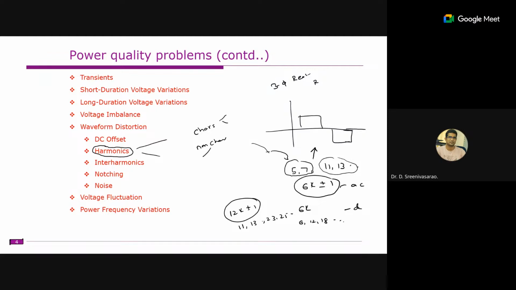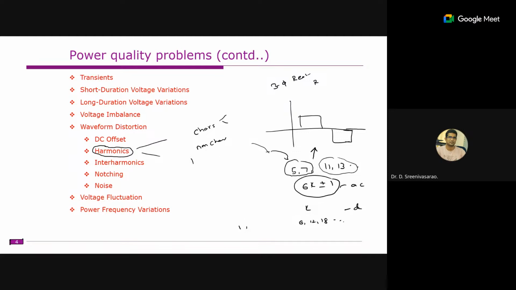Whereas with non-characteristic harmonics, we cannot predict them, as they are generated randomly. For example, if you are using a PWM output voltage waveform, some harmonics are characteristic and some are non-characteristic. We cannot predict the exact spectrum. For example, whether a 20th order harmonic is present or not, we cannot predict. That all depends on what control you are using or what current is flowing. So these are known as the non-characteristic harmonics.